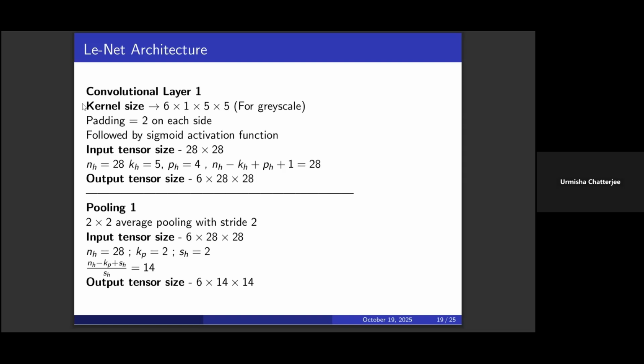Then he used a padding of size 2 on each side, followed by a sigmoid activation function. As I was saying, once you have the hidden representation, you apply any kind of activation function, similarly to multilayer perceptrons. The input images were 28 by 28 size. That means after the first layer, the output tensor size will be 28 minus 5 plus a padding of 4, because 2 on each side means on height you have 4 layers total, so plus 4 plus 1.